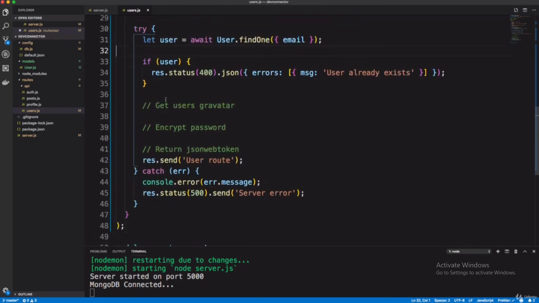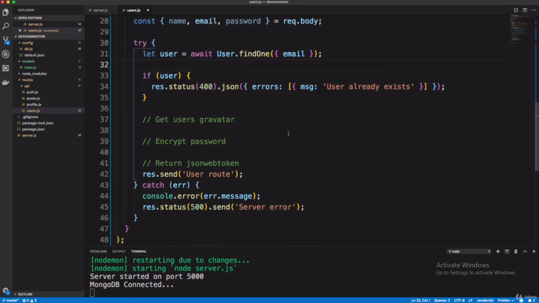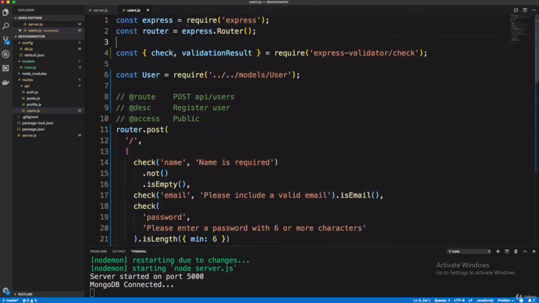That work is already done, and now Gravatar is used for getting an image. For this you have to require something, that is gravatar equals require gravatar.